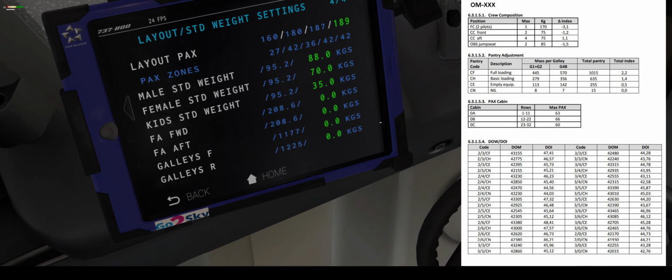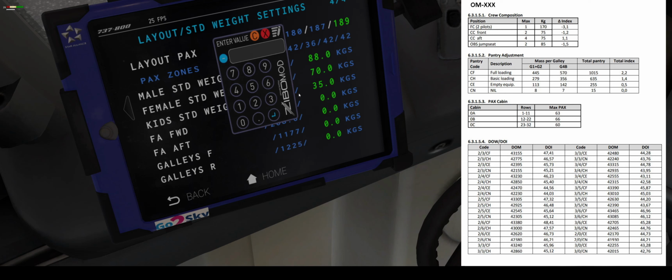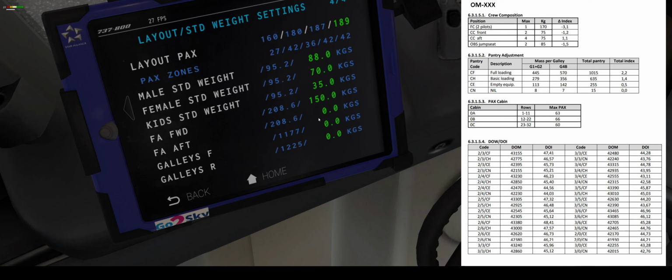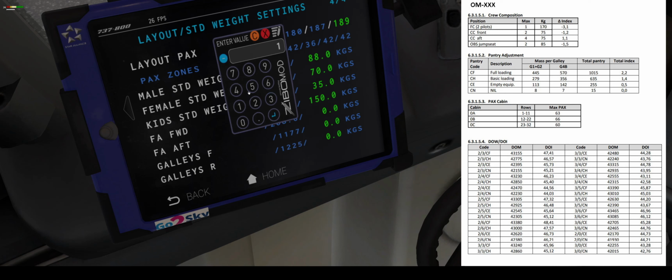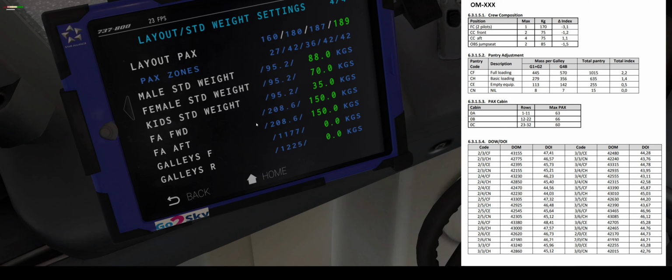So, if one cabin attendant weight is 75 kilograms with hand baggage, so that means that I put the standard composition of crew, 2 and 2, so I will put 150, okay, and 150 on the back, okay,